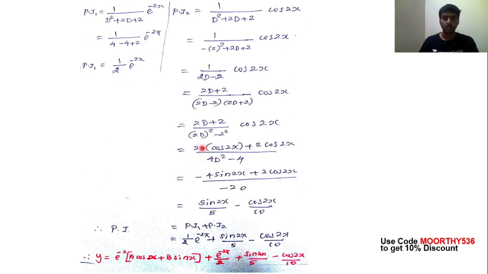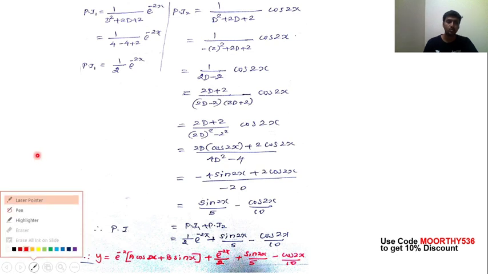Here the multiplication of D stands for, in the numerator, D stands for the differentiation. So we have to differentiate the cos 2x one time with respect to x. The differentiation of cos 2x is equal to minus 2 into sin 2x. So minus 2 into 2, minus 4 into sin 2x plus the 2 into cos 2x. Now divide this term, 4 divided by 20, it's 5. So minus minus cancel. Sin 2x divided by 5, 2 divided by 20 is equal to 1 divided by 10. So minus cos 2x divided by 10. So this is a particular integral